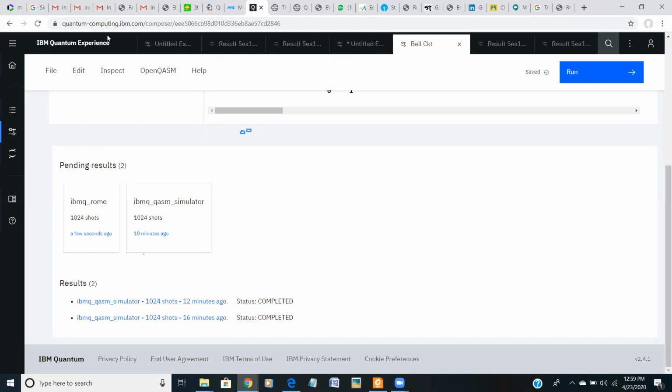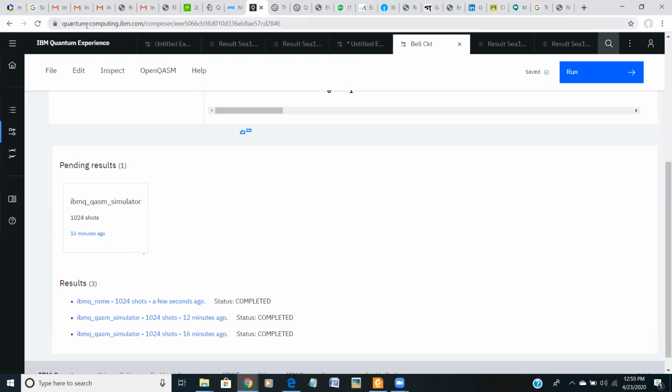If you go to quantum-computing.ibm.com, if you register yourself, nowadays you need not register. If you have any Gmail account, you can sign in just using a Gmail account. This is a free service for users. You can test it if you have interest.